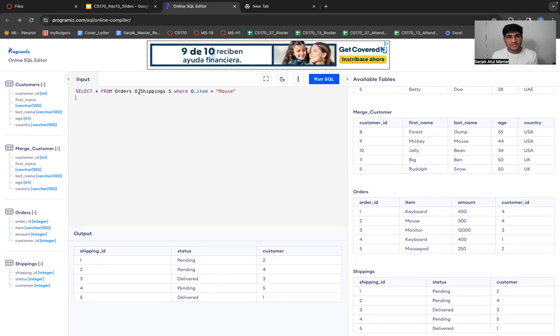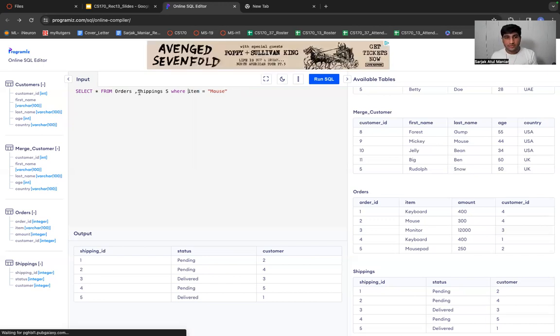If you didn't write this O, while writing the condition you would need to write orders dot item, because you have to specify which table the item value belongs to. You cannot simply write item, because what if the item column is also present inside the shippings table? That would be a condition of ambiguity. So it's always good practice to use aliases, and you can simply write O dot item equals mouse.